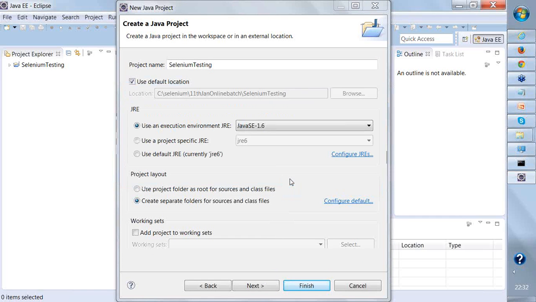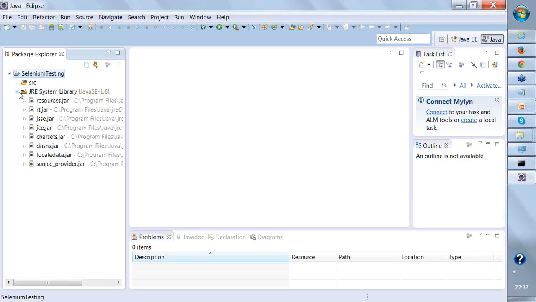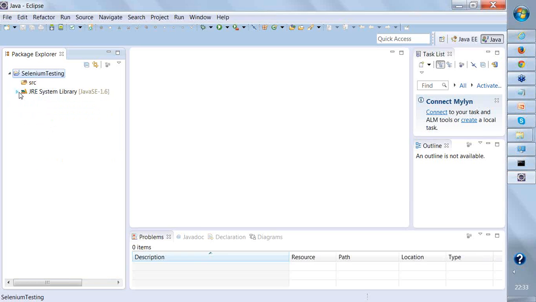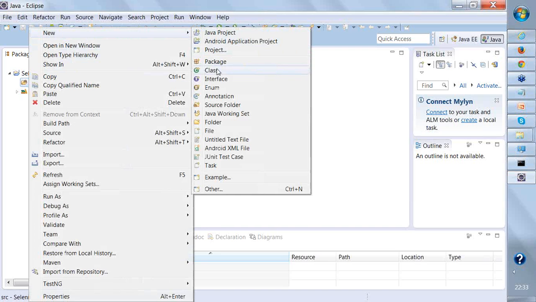And I need to click on yes. Right? So a project is created inside the package explorer. If I open up this project, you'll see the JRE, the Java runtime environments, are already added, right? So what you need to do, right click on your source folder and create a new class